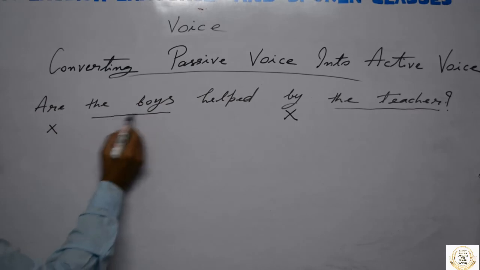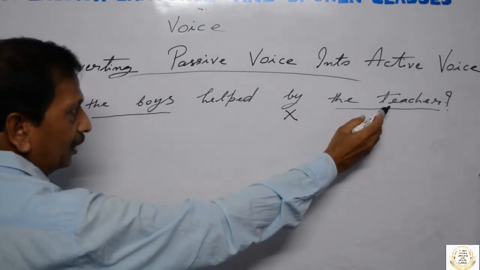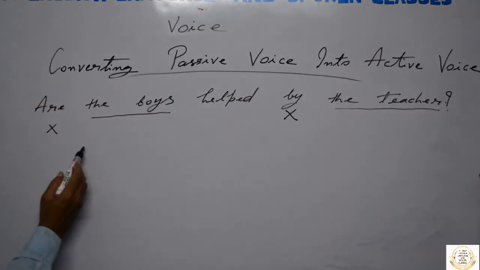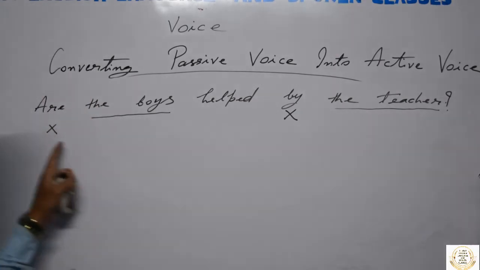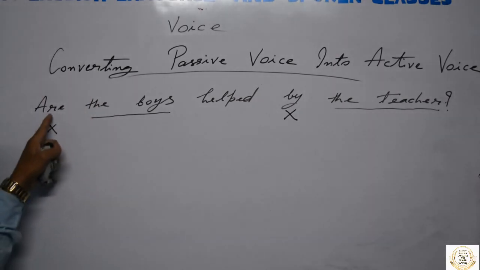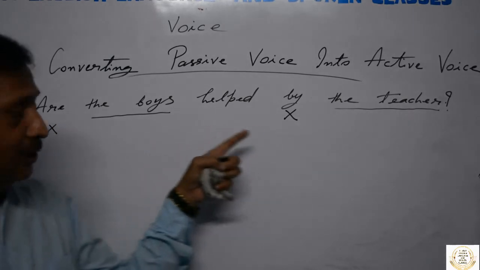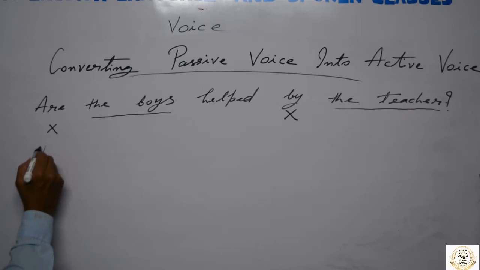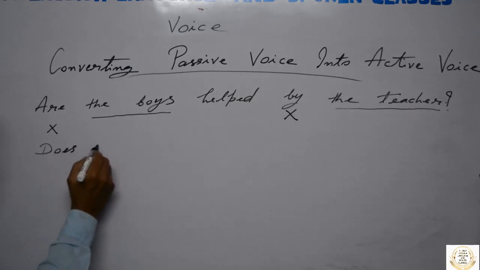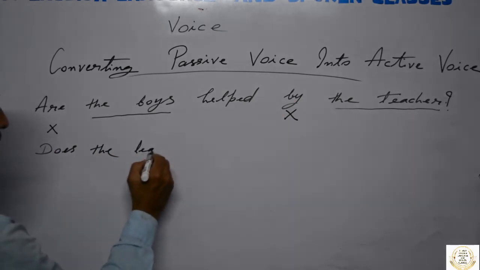The boys, this word will be used here, and the object of passive will be written here. Because this is an interrogative sentence of simple present tense. It is simple present, I told you, because we use are or is for simple present tense, passive. So simple present tense and interrogative means do or does. So does the teacher, that will be written here. Does the teacher, okay,